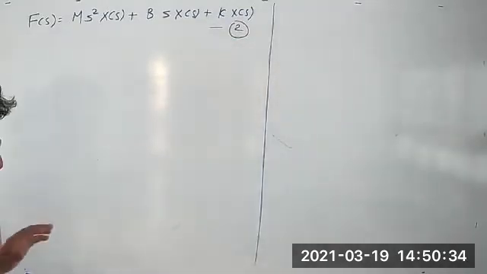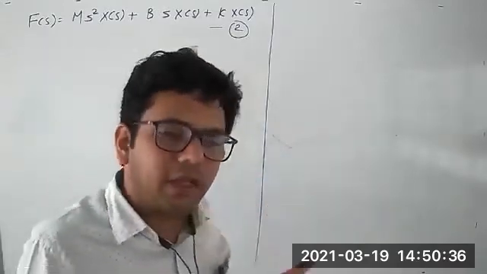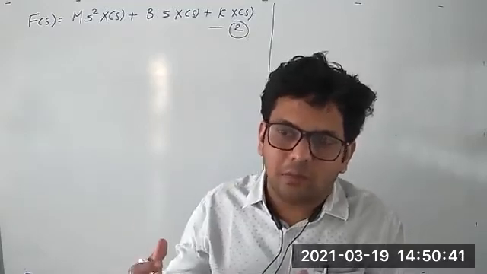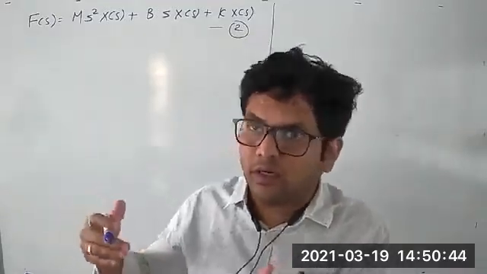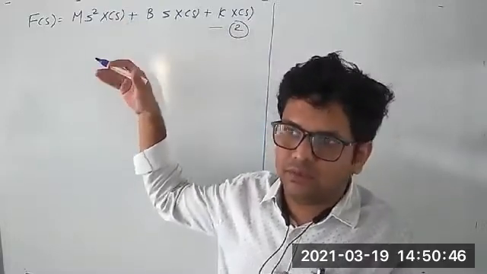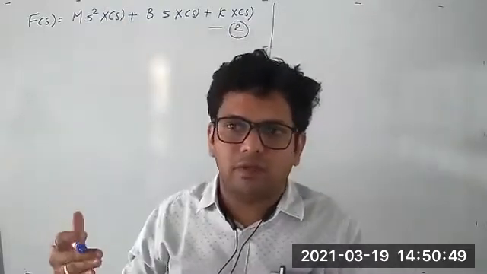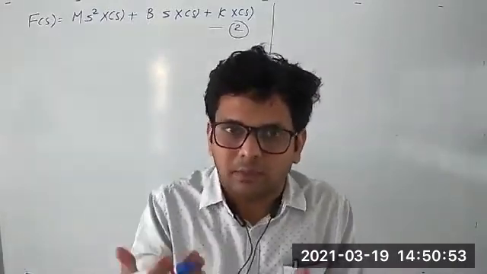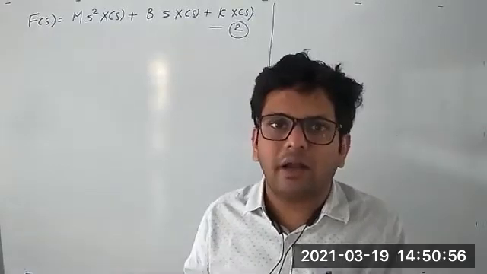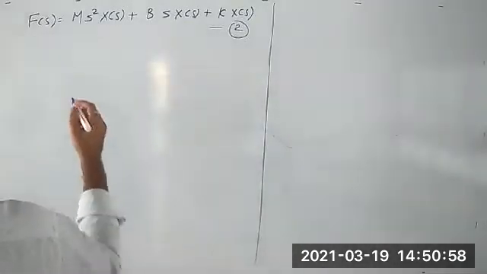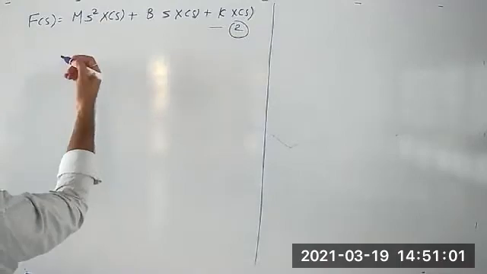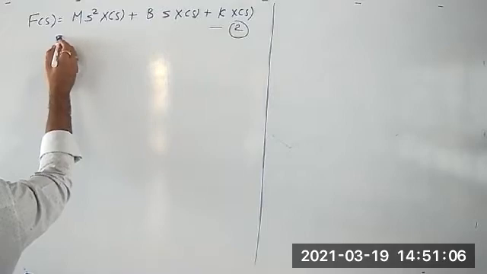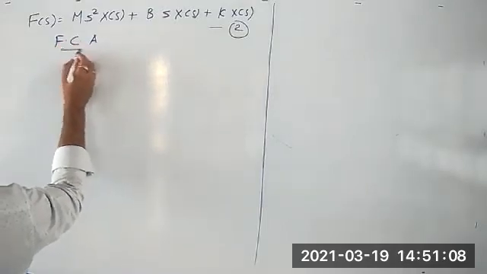Now our objective is to find the mathematical modeling of the given mechanical system by using the equivalent components available in the electrical domain. So after step number 5, in step number 6 we need to define whether we are trying to obtain the analogous system by applying force voltage analogy or force current analogy. Here let us obtain the analogous electrical system of the given mechanical system by applying the concept of force current analogy.